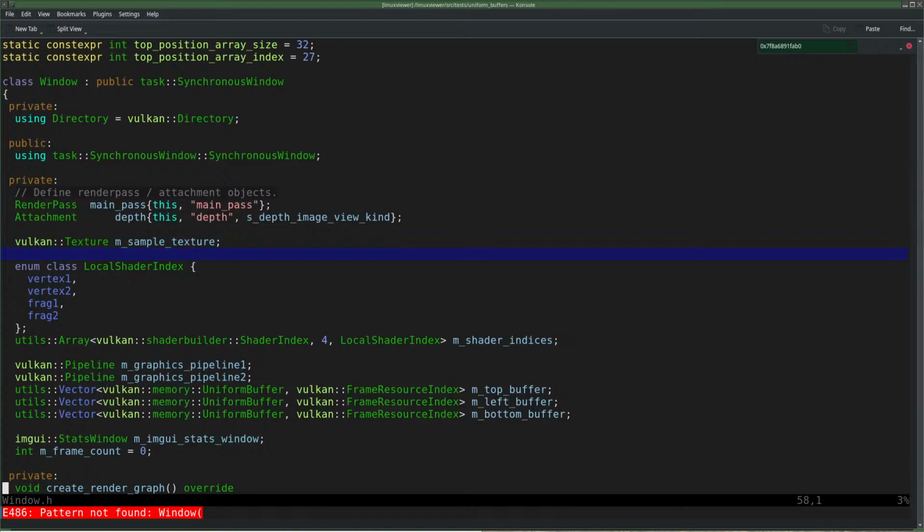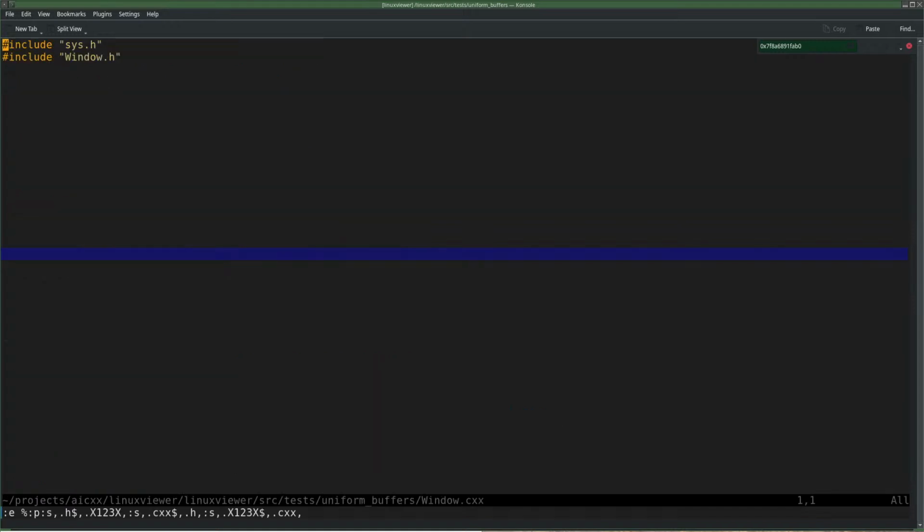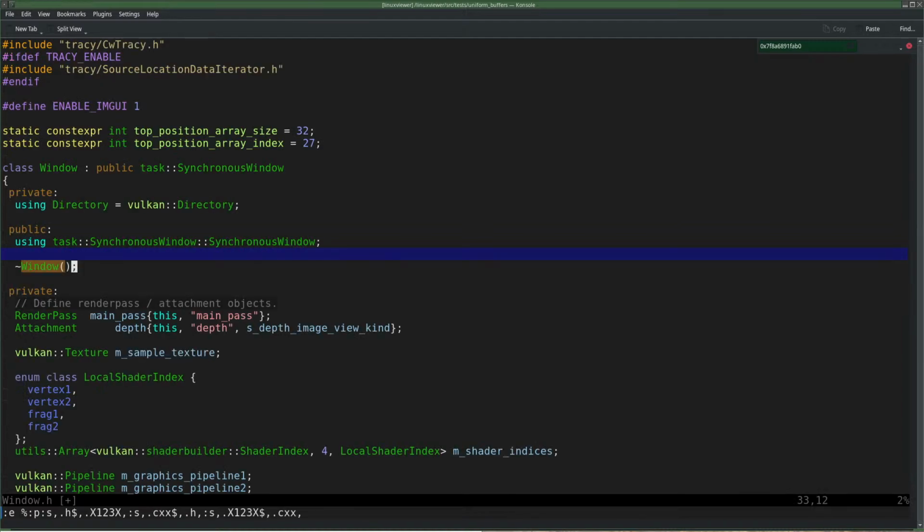Let's add a destructor then. Probably, yeah, this is our constructor, so I can add a destructor here. I don't have a CXX file, right? Oh, I do. Oh well, I'm going to add it here. I don't know why. I just do. Window destructor, and then in that function I'm going to destruct